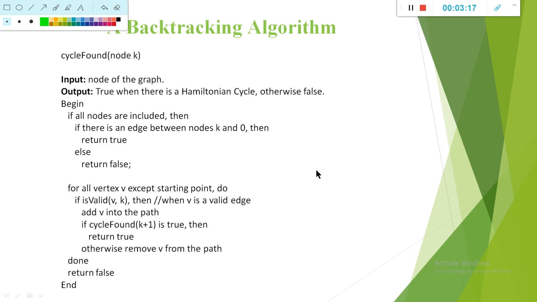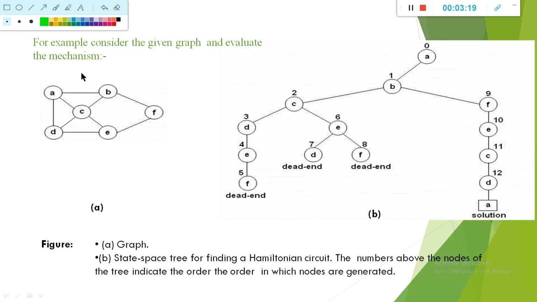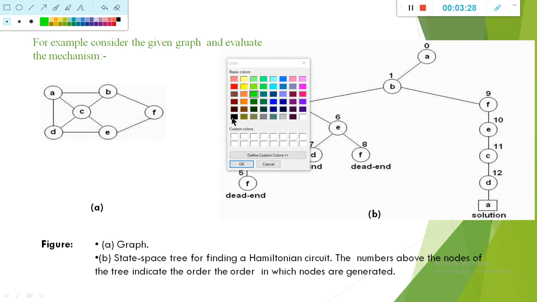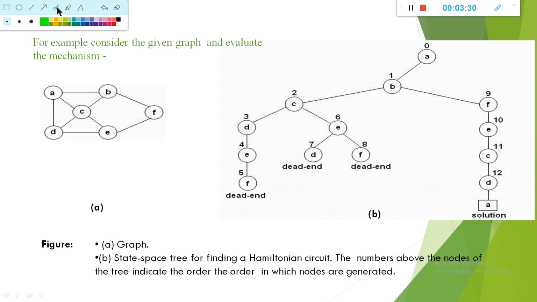Once we have seen the algorithm, we will see one example of how we actually find the Hamiltonian cycle. The graph here has vertices A, B, C, D, E, F. There are 6 vertices in the graph. How do we find the Hamiltonian cycle? You start with A. We go A to B, B to C, C to D, D to E, and E to F. If you want to go back to A, we have to visit B again. But in the Hamiltonian definition, we visit the nodes exactly once. So it is a dead end, and not a correct solution.